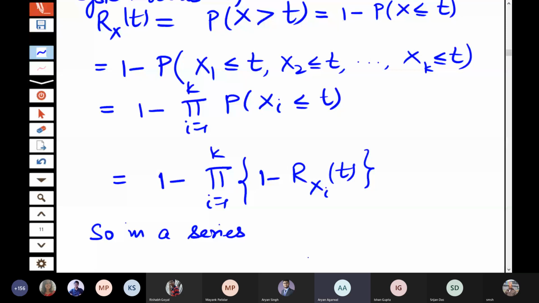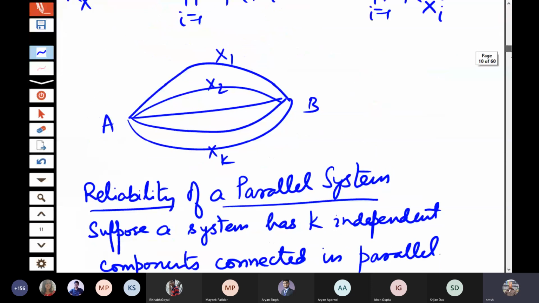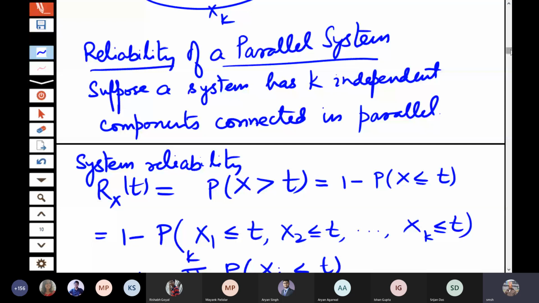But then it may get greater than 1. We have to take the union, or you are confused about the system. You are talking about the probability of X greater than t. So X greater than t if at least one of them is working, isn't it? So it is the probability of the union of the events Xi greater than t, and then you will have to apply the formula for the union. So it will become a bit complex here.